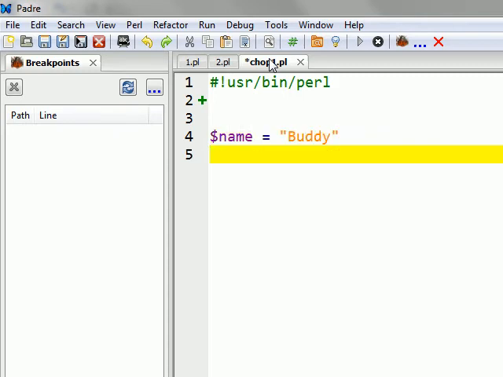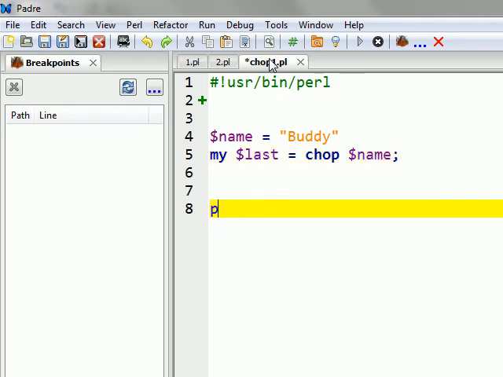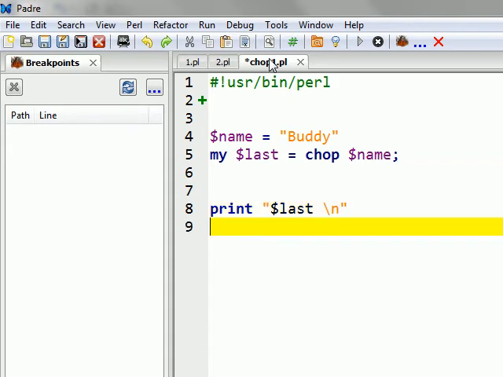Okay, now my $last is equal to chop $name. Now when I do a print $last, print $name,